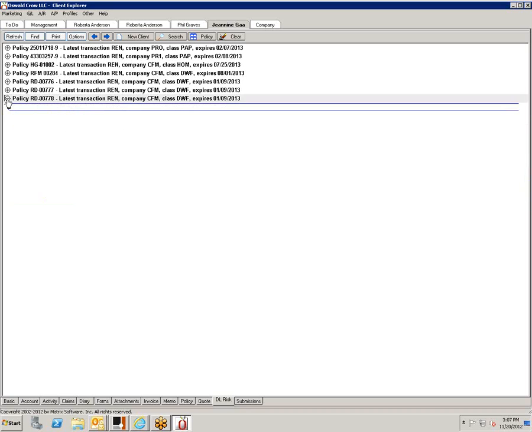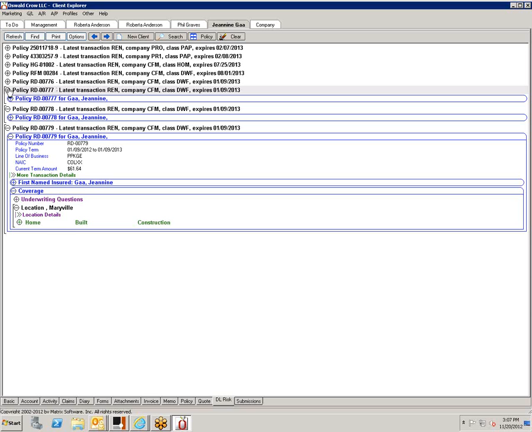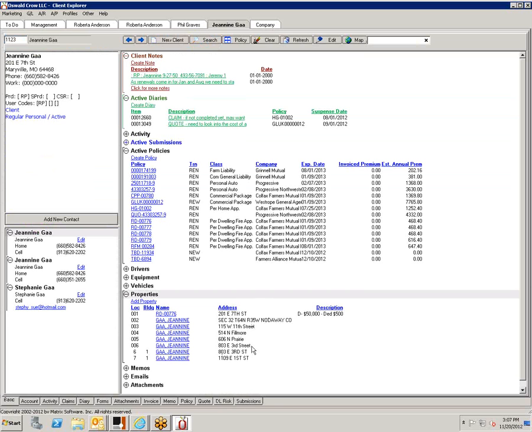See, it didn't come over with anything but Maryville. Right, and see, this is a company that doesn't download. That isn't going to work. So this is what you will need to do. This is how you will manage this account.